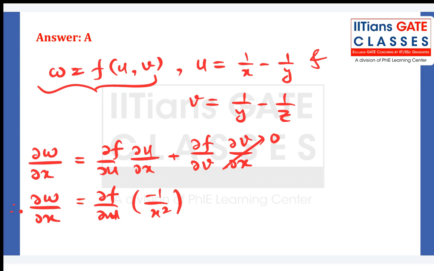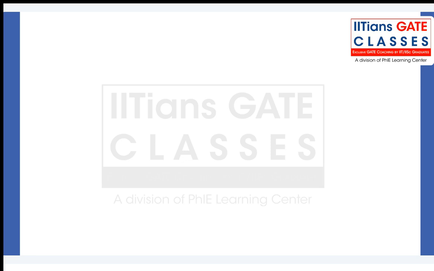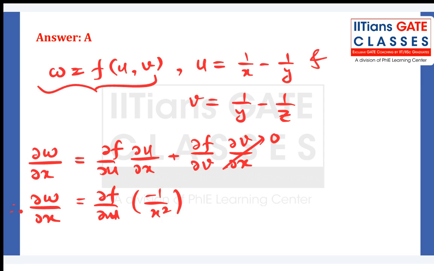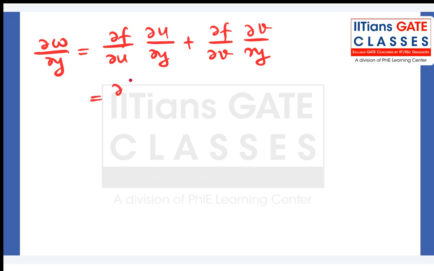So if you do it that way, let's do del w by del y. That will be del f by del u into del u by del y plus del f by del v into del v by del y. So del u by del y, what is it? That will be 1 by y square, because minus minus will get cancelled. So you have del f by del u into 1 by y square,